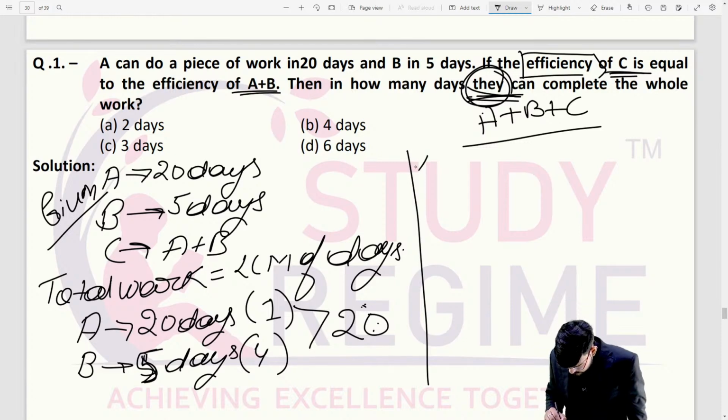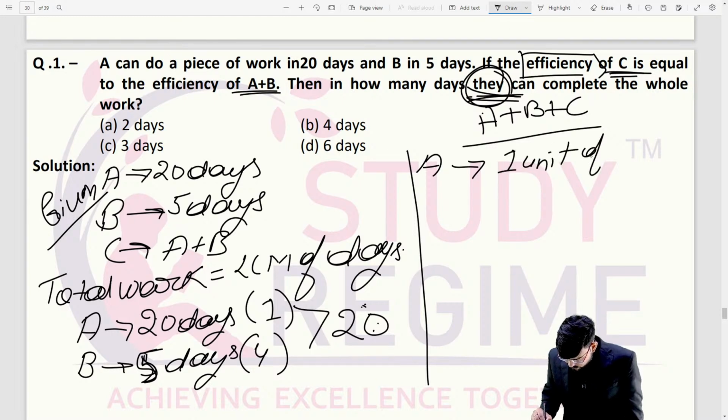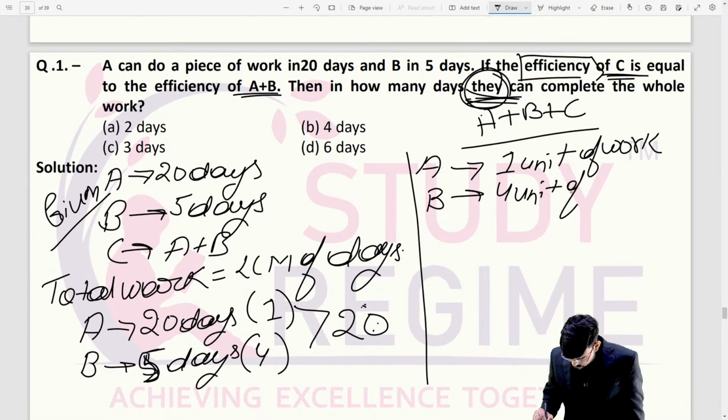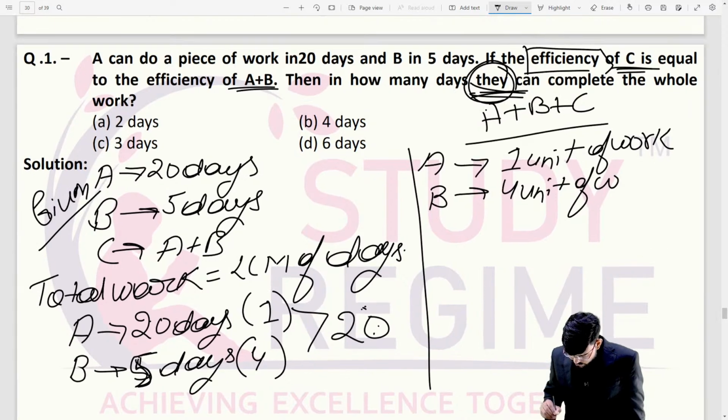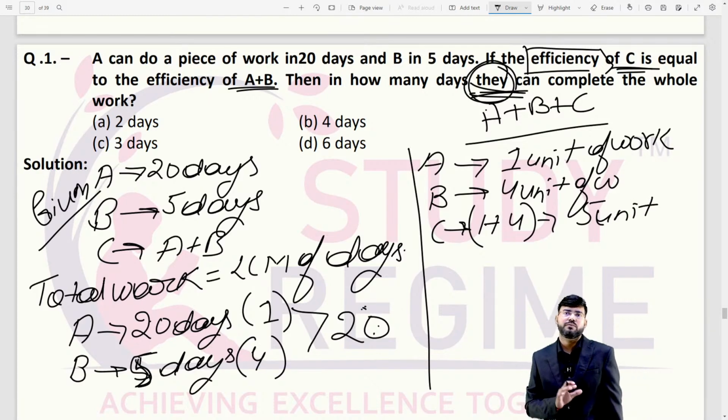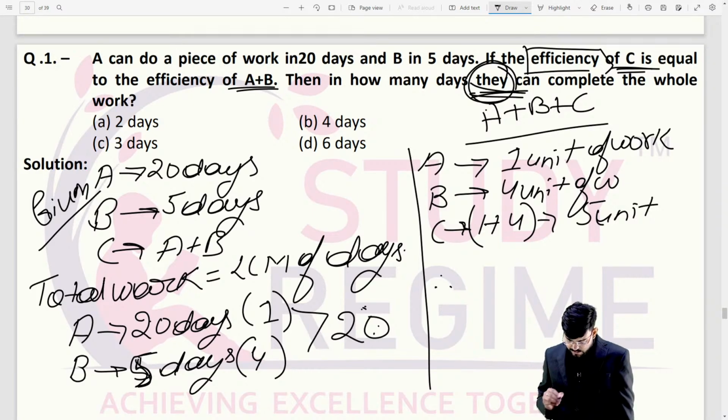Okay, I will write it like this. A is doing how many units of work in a day? 1 unit. And B is doing 4 units of work. And C is doing how many units of work? A plus B, 1 plus 4, that is 5 units. C is completing 5 units of work. Now, if they are all working together,